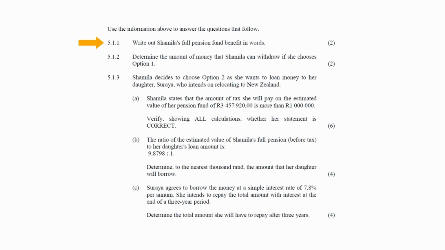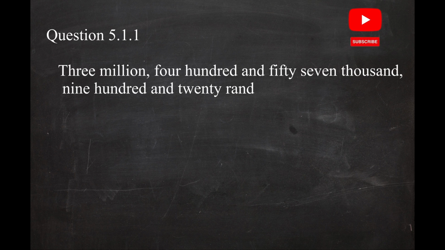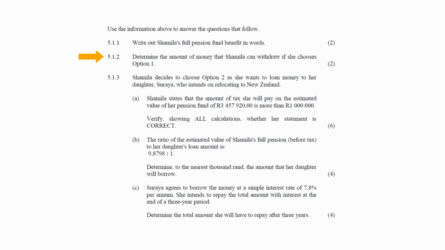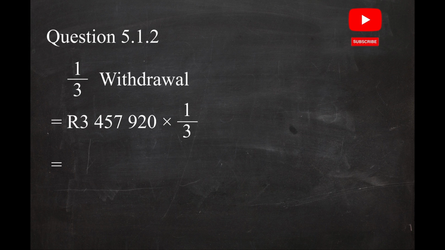In question 5.1.1, you have to write out the person's full pension fund benefit in words. The full pension fund benefit in words is 3,457,920 Rand. In question 5.1.2, you have to calculate the amount of money that this person can withdraw if she chooses to withdraw 1/3 of a full pension fund amount. This is equal to a full pension fund amount multiplied by 1/3, and this equals